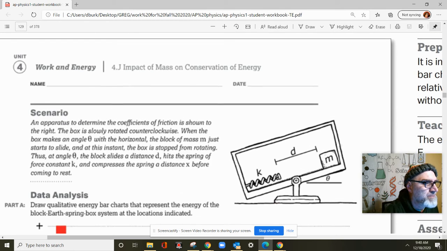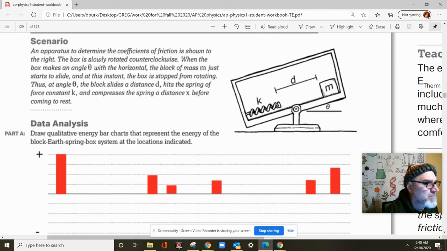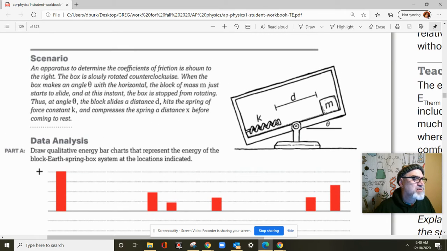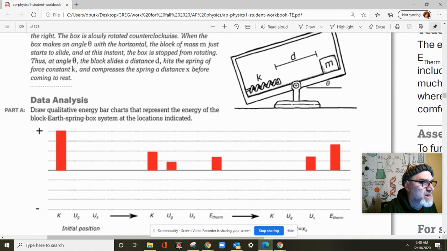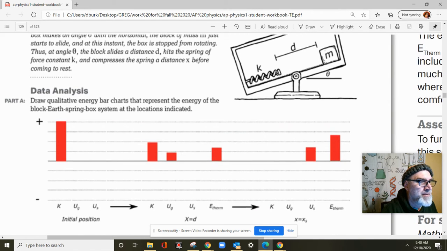Let's look at J, impact of mass on conservation of energy. An apparatus to determine the coefficients of friction is shown to the right. The box is slowly rotated counterclockwise, and the box makes an angle theta. The block of mass m just starts to slide, and at this instant, the box is stopped from rotating. Thus, at angle theta, the block slides a distance d, hits the spring k, and compresses the spring x before coming to rest. Draw a qualitative energy bar chart that represents the energy of the block, Earth, and spring. Initially,